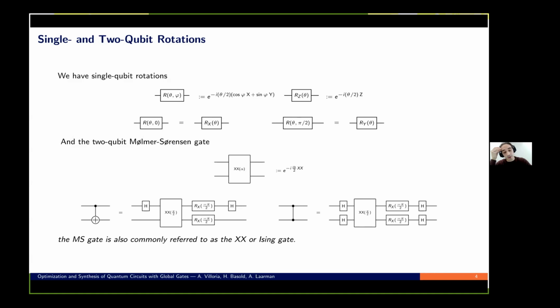But let's see how we use the ZX calculus for this. So first of all, if you're familiar with phase gadgets or Pauli gadgets, then this should be very natural for you. So the XX rotation and ZZ rotation is the Pauli X gadget and the Pauli Z gadget. And the global gates themselves are just a composition of this, as long as you have the same alpha on